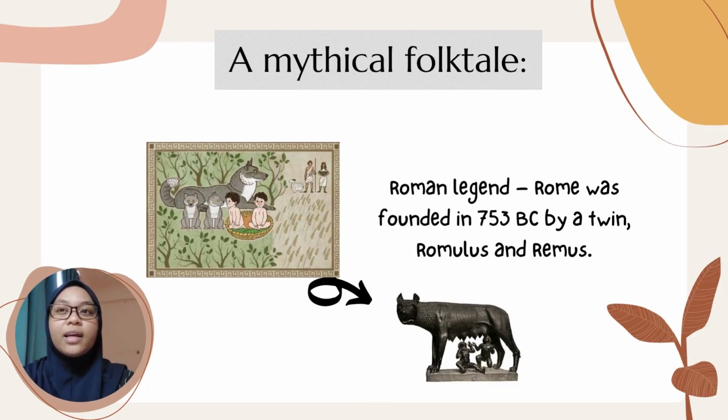Next, there is a mythical folktale about the existence of Rome. Roman legend tells that there were twin boys named Romulus and Remus, who were raised by a wolf. The story says the boys grew up and built a city on the banks of the Tiber, where Rome began. The brothers fought, and in the end Remus was killed by Romulus, who then became king. The new city was named Rome after him, but that is just a myth and not a true story.